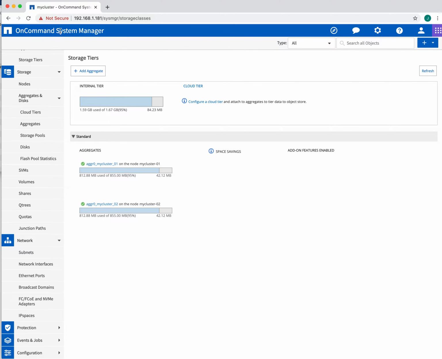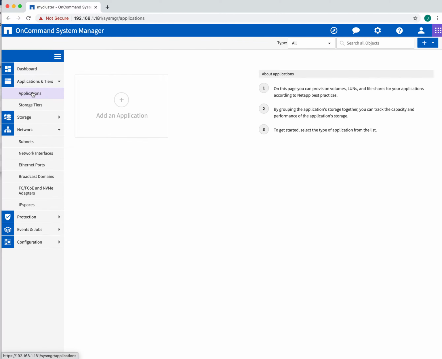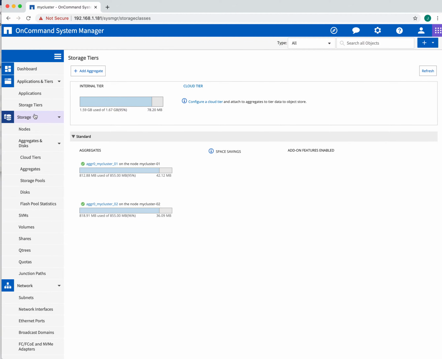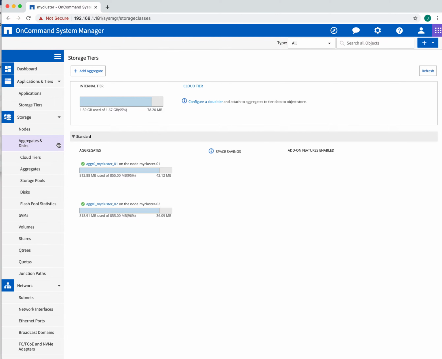So the first thing I do, of course, is log into this OnCommand System Manager. There are a few things you have to do in this to get some volumes to show up, which I was unaware of. I came from a whole different storage environment, so I finally got this figured out. The first thing you need to do is get the storage disks collected into an aggregate. So you want to click on aggregates and disks, and here you will see when you click on aggregates,